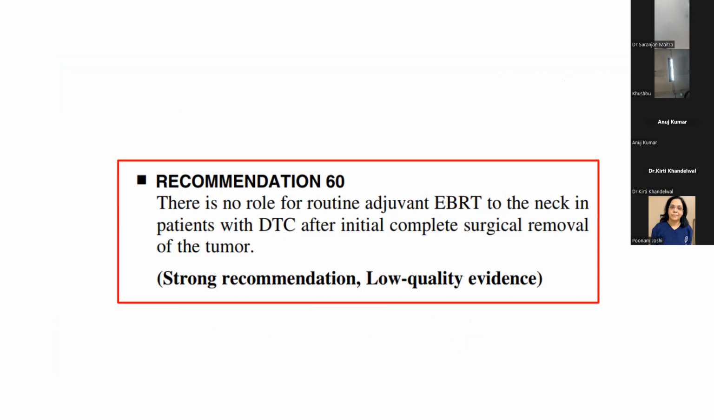So they mention that there is no role of routine adjuvant external beam radiation therapy to the neck in patients with differentiated thyroid cancers after initial complete surgical removal of the tumor. So if you have a tumor in the thyroid that has been completely excised, then there is no role of adjuvant EBRT. So that is the first recommendation with respect to external beam radiation therapy that has come up in the ATA guidelines 2015, and which is followed by,